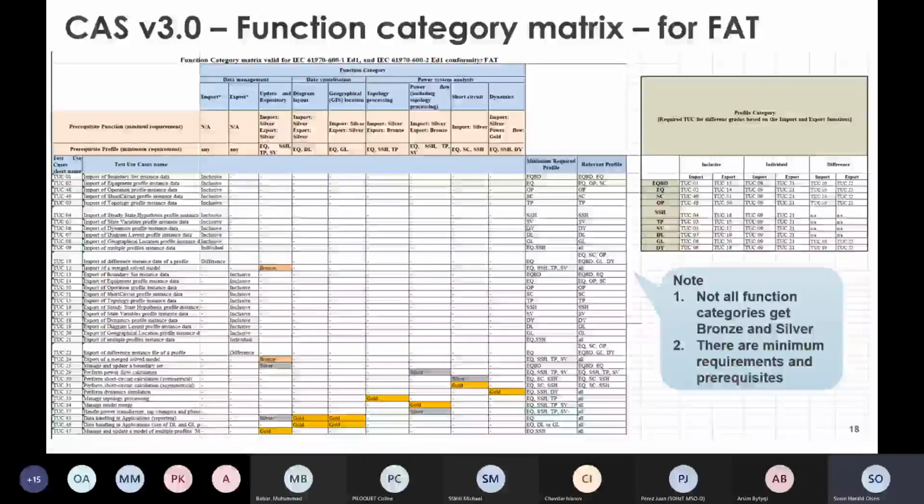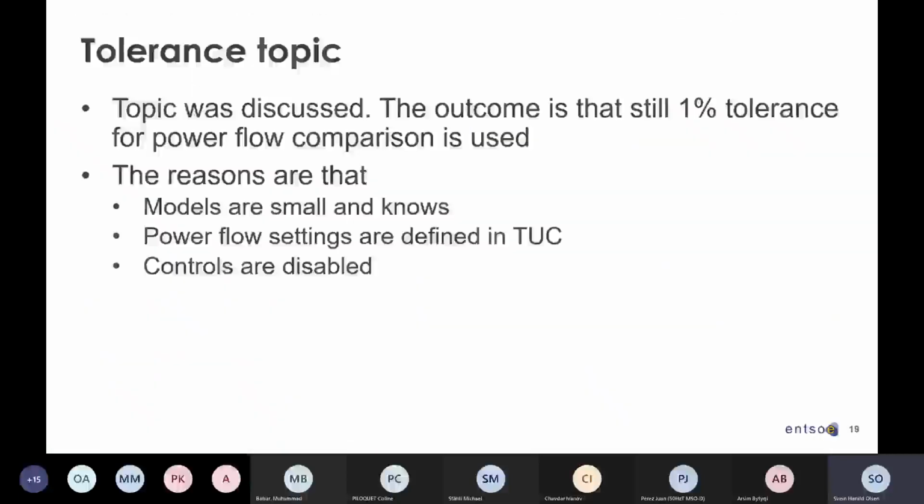Anybody is free to have a question that we can go through in the questionnaire. We also spend quite a bit of time dealing with the tolerance topic. As this profile doesn't really have the power flow settings that we are planning to build in, a little bit of the direction we're going is outlined in that header document that I referred to.